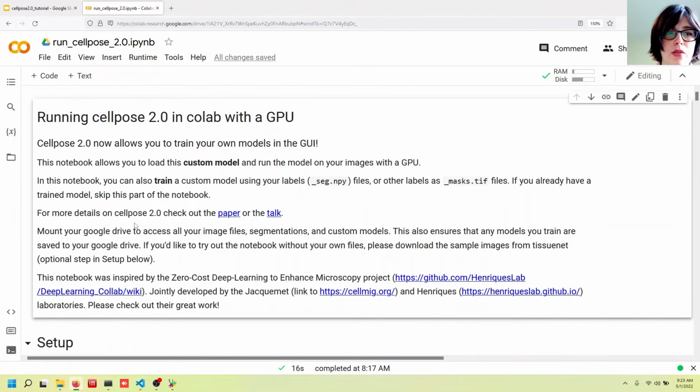Okay, so now we're going to run Cellpose 2.0 with a GPU. Inside this notebook, we'll show you how to load a custom model and run this model on your images with the GPU in Google Colab. We'll also show how you can train a custom model using your labels, so the seg.npy files, which are saved